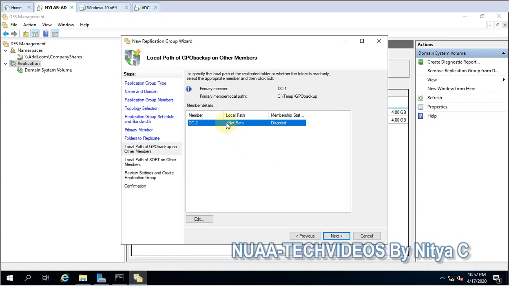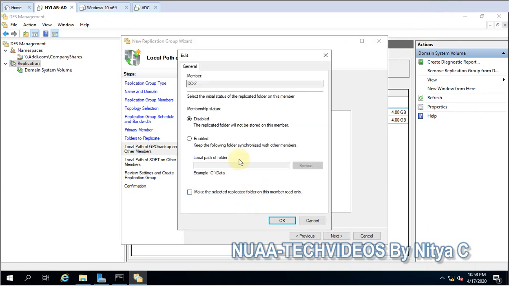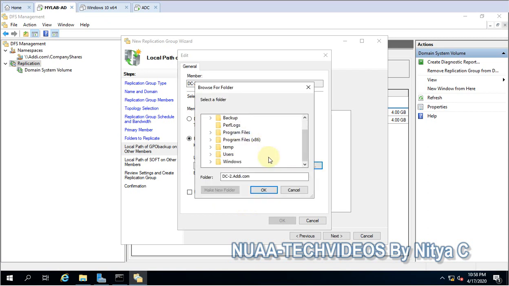Next, on DC2, we choose which folders they will replicate with. Sharing is disabled on DC2, so let me quickly enable it and define the path as well. It will be under share.